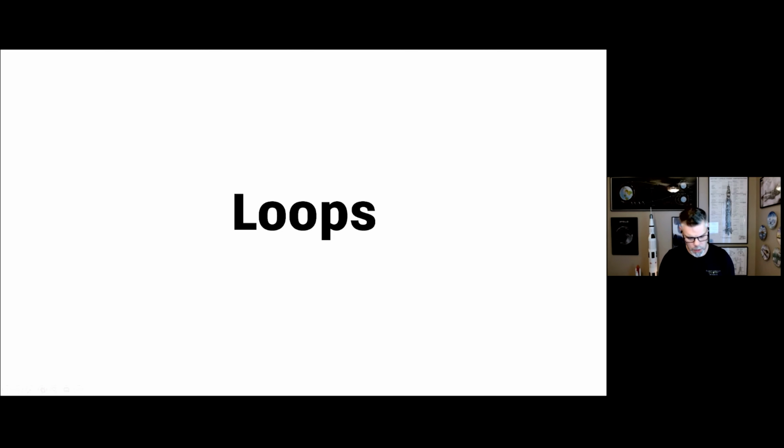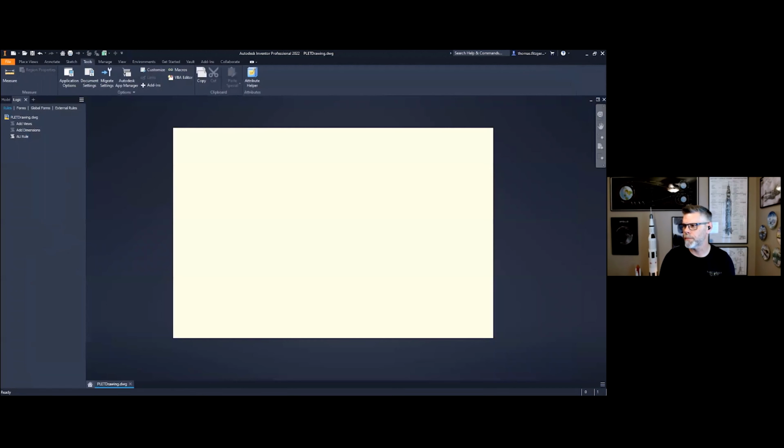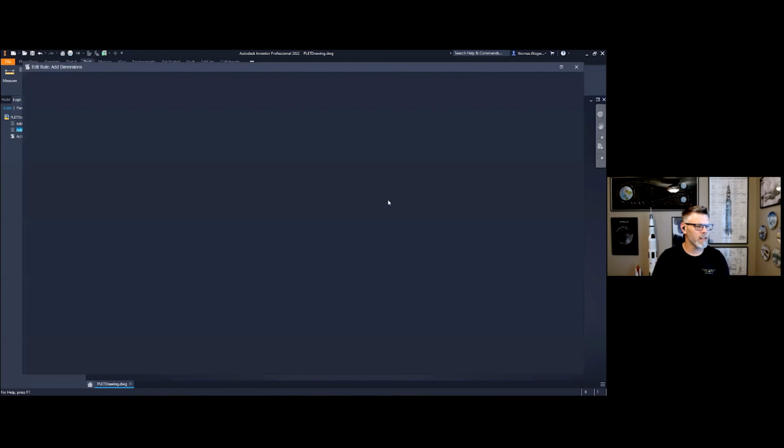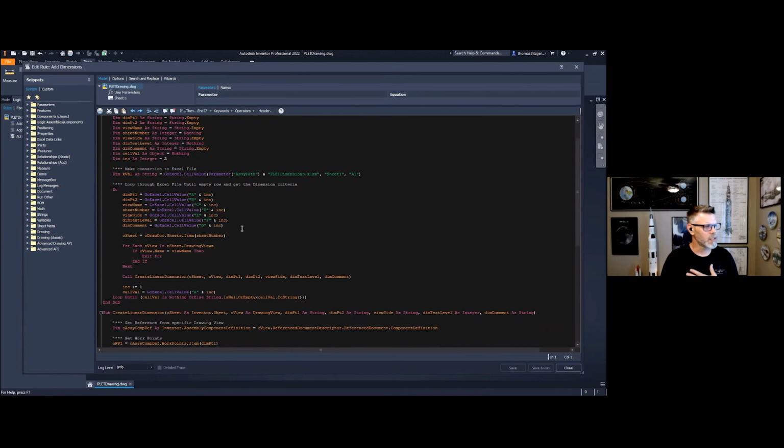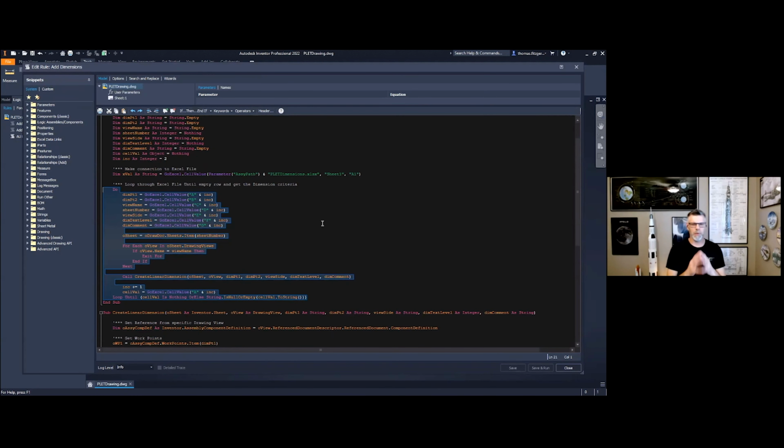Okay. So once again, let's go back over to Inventor, and I'll show you a couple of things around different loops. So one of the things that I like to do for loops is to do what they call a do loop. And that is what I've highlighted right here. So a do loop in this particular structure, basically we're telling iLogic to do something until a condition exists, okay?